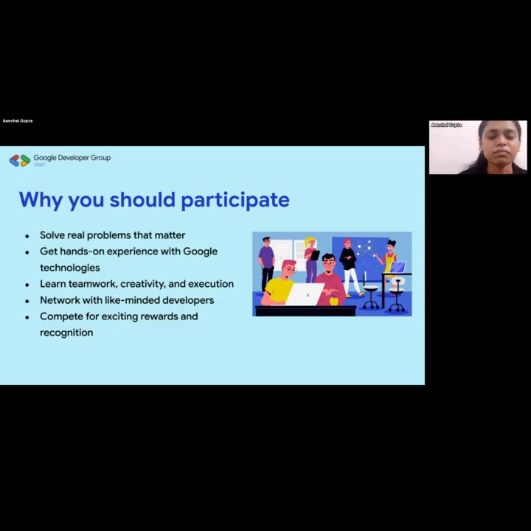So over here at TechSprint, you're going to be building solutions for community problems. So you get to solve those problems, you get exposure with different Google technologies. Along with that, the GDG people are also going to be mentoring you. We are going to be coming up with different workshops to help you understand these technologies and see how you can actually implement them. Along with that, we are also available on Discord. So you can ask your queries, doubts, you can network with us, all of these different opportunities that are available to you with this hackathon.